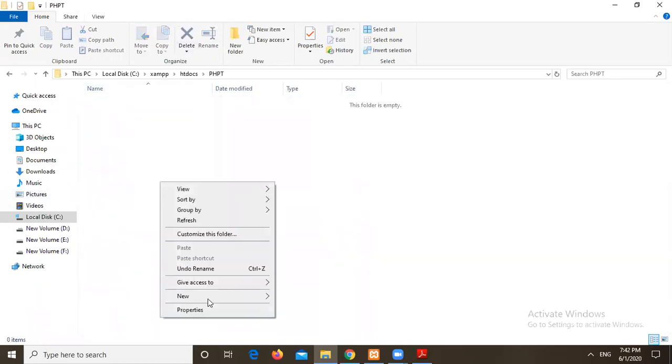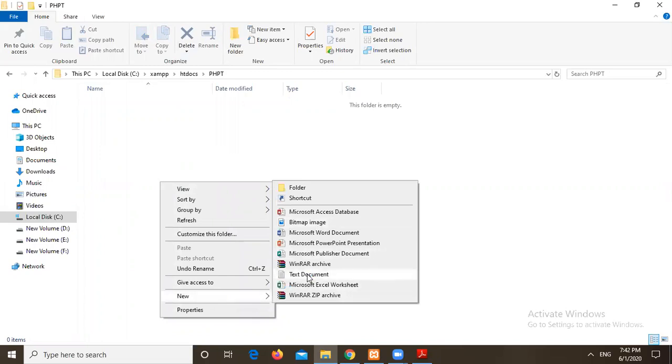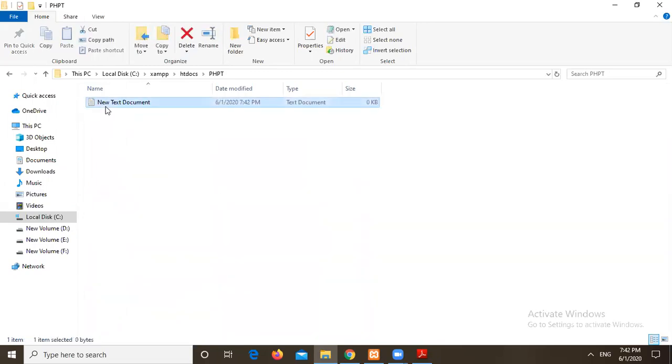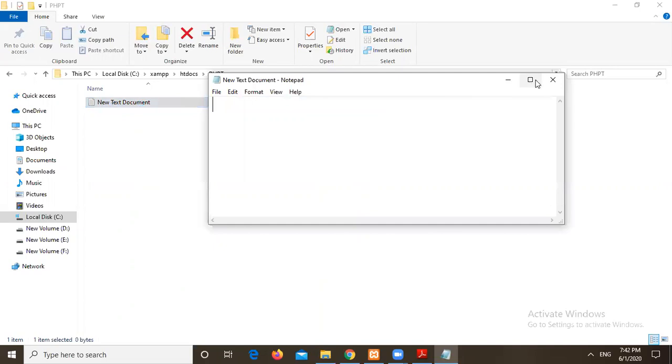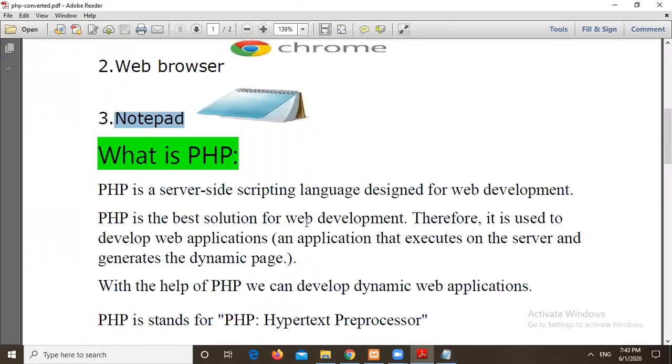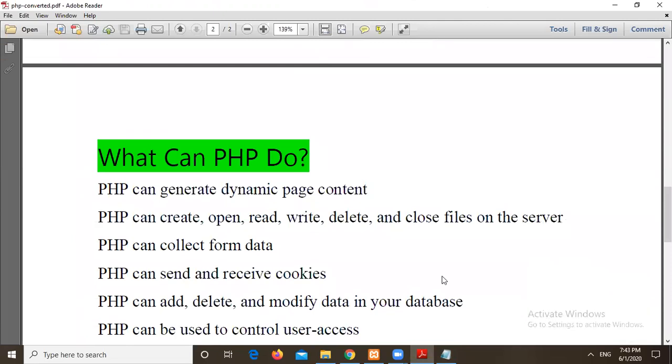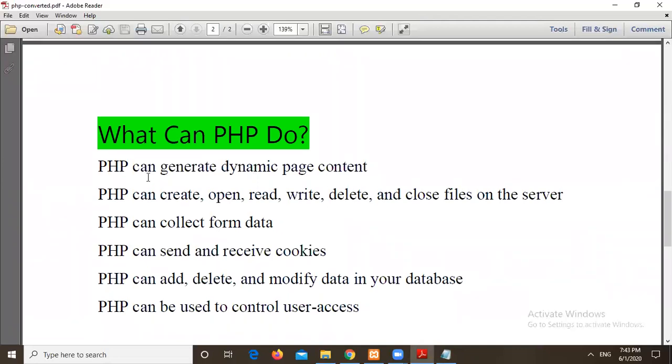Here I will open a notepad and write a program to print our name. Before writing the program, I would like to go through this document on what PHP can do.